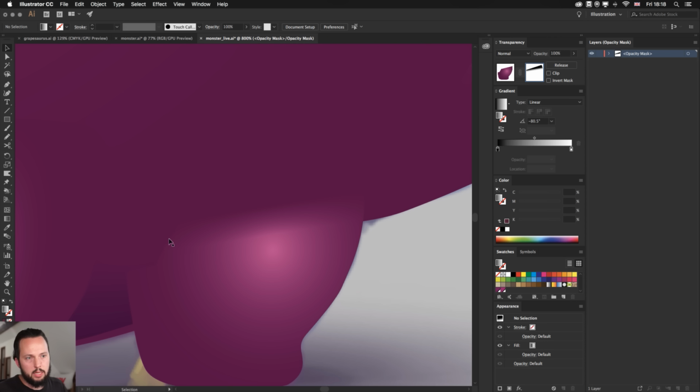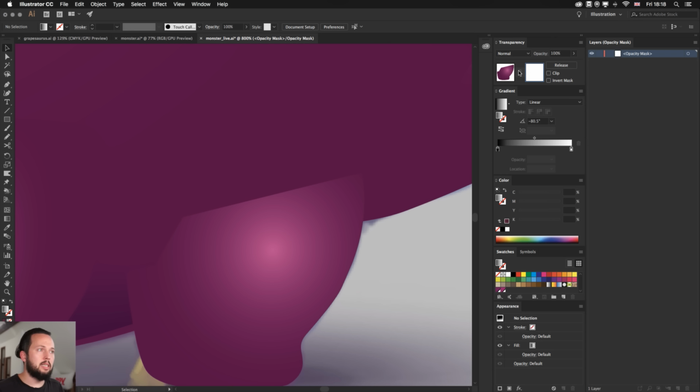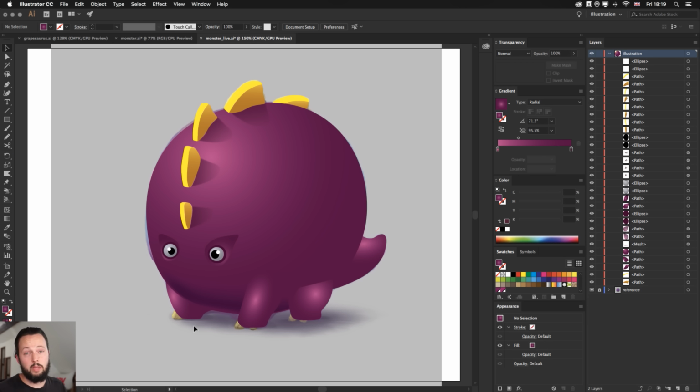Now it's a little bit messy because we have this edge here, but this could help to transition from visible to hidden details. But I don't think it's necessary in this case, so I can just release the clipping, the opacity mask. I just wanted to mention this technique. It can be used for more complex illustration. In this case, I feel like it's actually working quite nicely the way it is already.